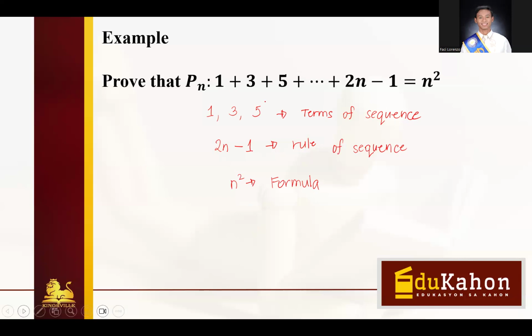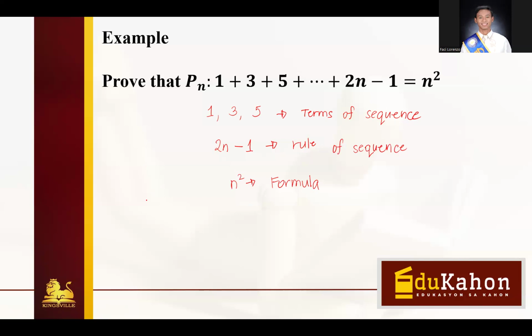Let's try to prove the series. Okay, so we have two ways to prove the series. Number one here is the verification method. When we say verification method, we will try to substitute the values for n and try to solve for the given problem. For example, we know that p sub 1